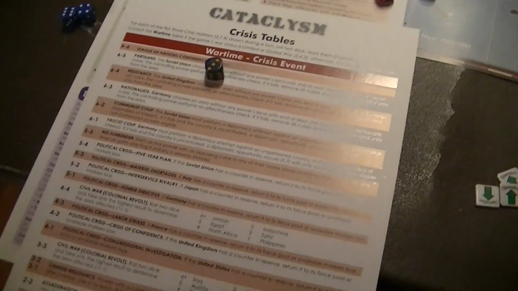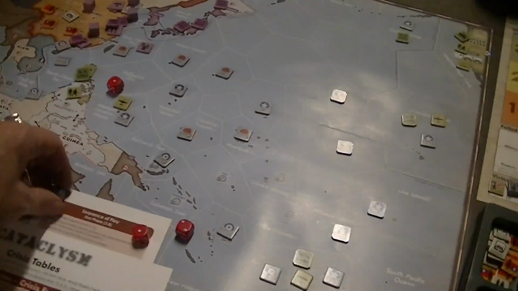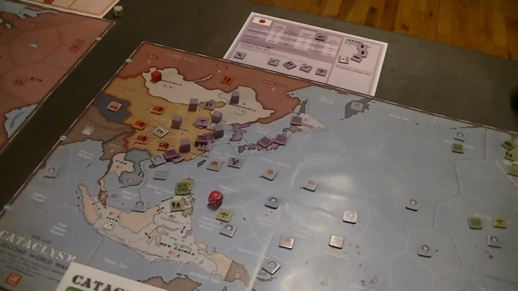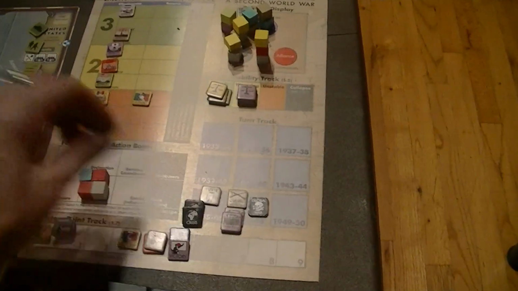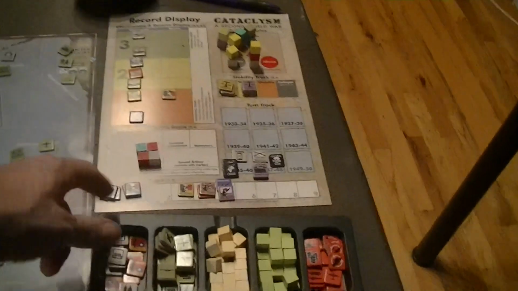(3-1). Chinese resistance. Japanese still have a cube that's loose in China. This time they lose it. And there goes a Japanese victory point and another victory point off the fascist side. And you can see they got a long way to fall, but